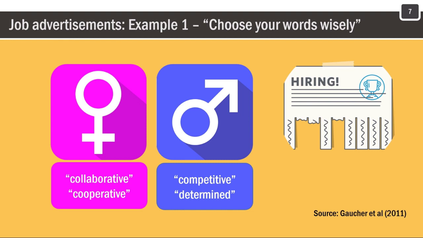Now, to counteract this effect and reduce the gender bias in your wording, you can use special software programs that highlight stereotypically gendered words. Then you can either remove the words and replace them with something more neutral, or you can try to strike a balance by using the same number of gender descriptors and verbs. For example, you can go back and forth between the words build and create. The goal here is to explore how these changes affect your applicant pool.